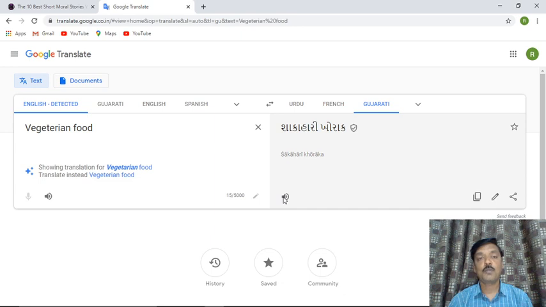So I hope this is one of the important features provided by Google, and it is definitely helpful for us. Again I am saying, this is a machine translation, so it may create grammatical errors. So it is better to check it prior to posting that data. It is better to go through the data to see whether any major grammatical mistakes are there. So this is an important tool which we have learned, and that is Google Translate.